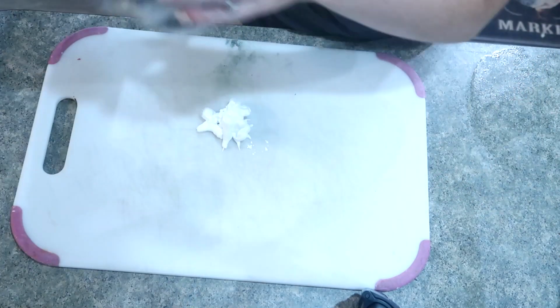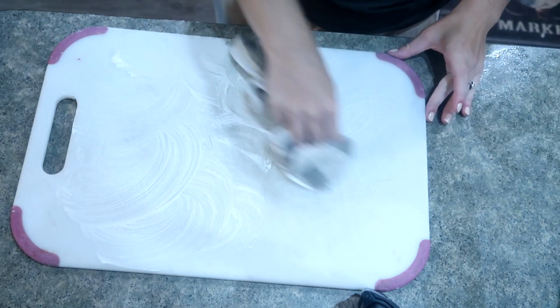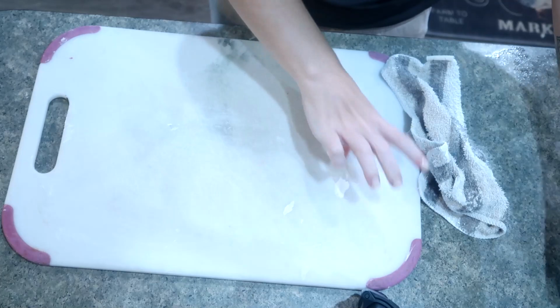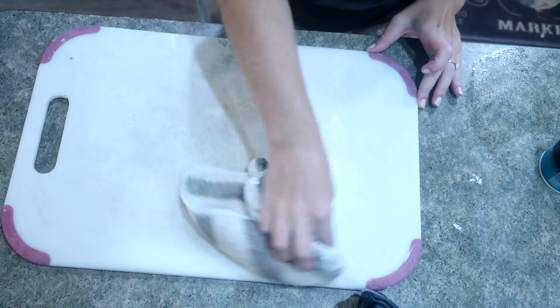Today I'm sharing with you guys why you should always use shaving cream to clean your plastic cutting boards. Shaving cream actually has a really great acidic value that is really great for killing bacteria that can harbor in your plastic cutting boards. Shaving cream has a lot of really cool, fun uses that are actually really convenient for